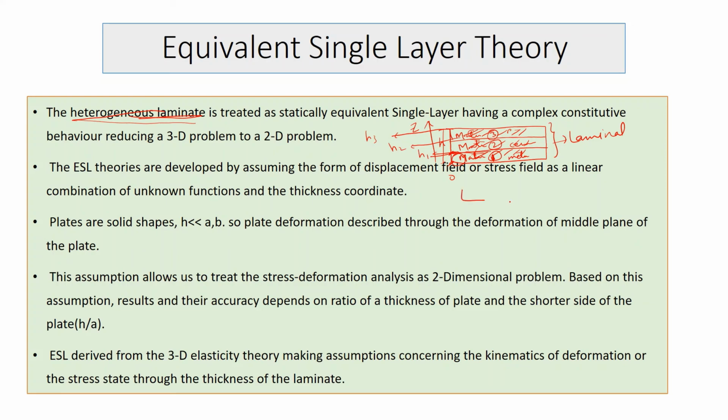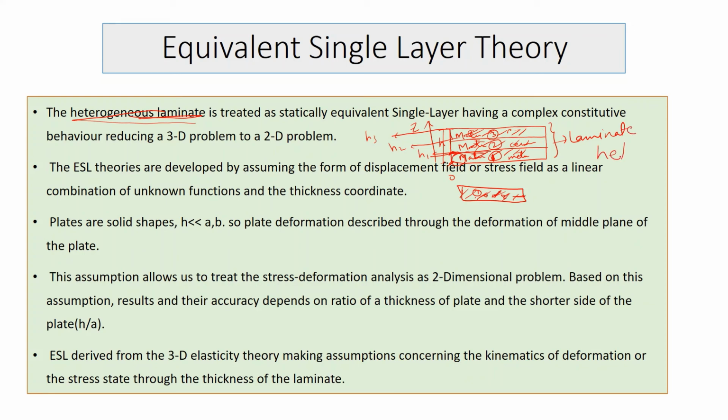When we talk about only one lamina, it is homogeneous in its properties. Even though at the microscopic level it is not, we have homogenized the fibers and matrix, so we say it is homogeneous in an average sense. So this lamina is homogeneous, but the laminate is heterogeneous. We have to understand this term.